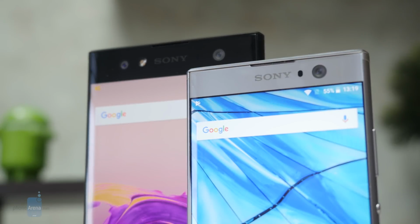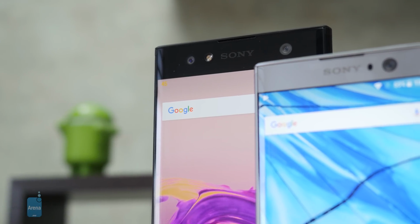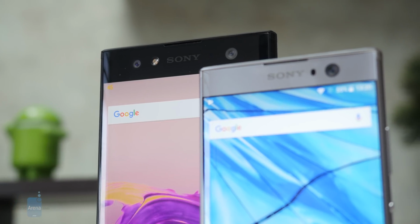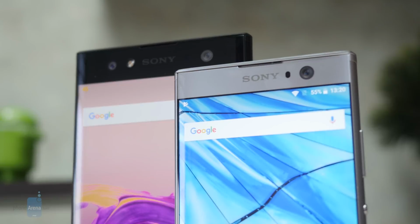But even with their plastic design and other minor flaws, the new XA2 series excel where it matters. They're snappy performers with great battery life. If you don't obsess over a camera and thin phone design, we can safely recommend getting the XA2 series, and